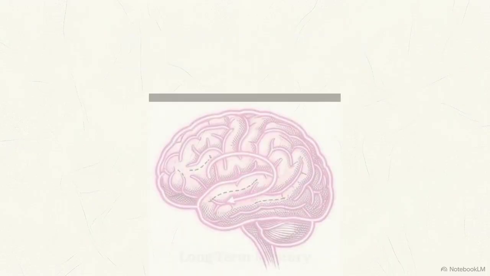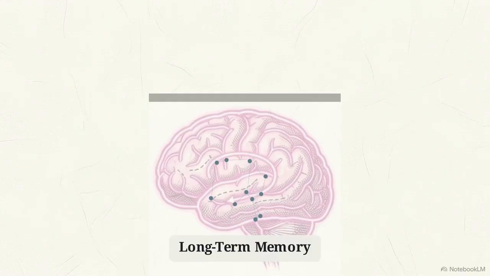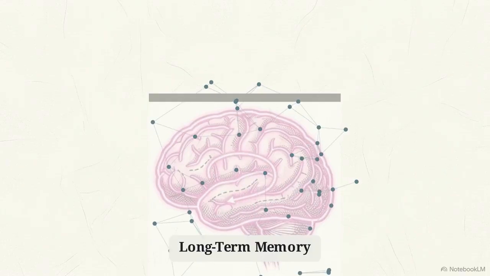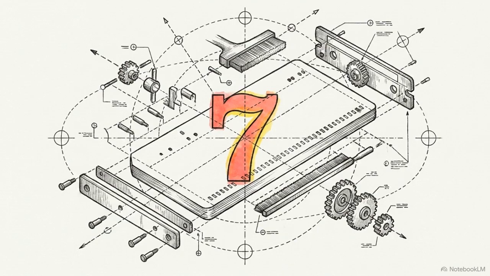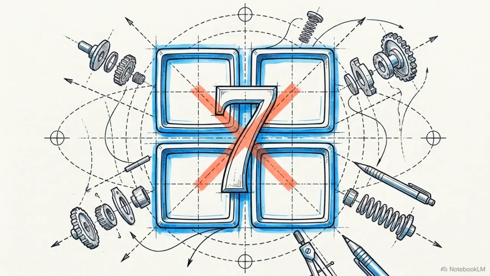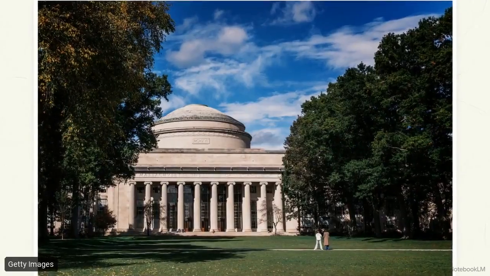Cognitive load theory distinguishes between two systems. We possess long-term memory, which has a functionally infinite capacity, and working memory, which is the incredibly narrow bottleneck through which all new information must pass. For decades, psychology operated on George Miller's assumption that this bottleneck could hold roughly 7 new concepts at once. Modern, rigorous studies led by Nelson Cowan have corrected this. Human working memory is strictly limited to exactly 4 discrete items.